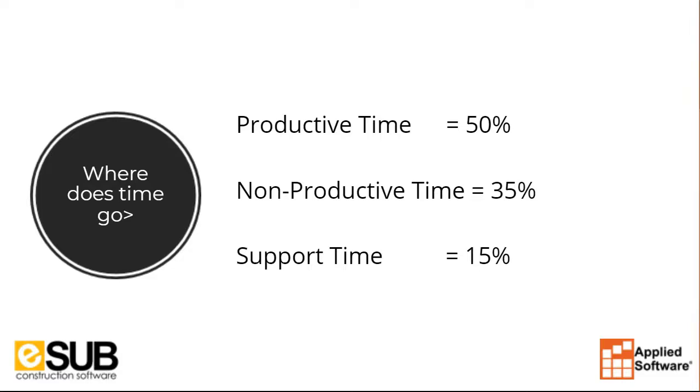Are you doing it through a paper form, through an Excel spreadsheet? There's a lot of very interesting software now that can track it through either photos, through BIM, 3D files, through simple time cards. There's lots of ways to do this. But the question I'm throwing out there, actually really the challenge that I'm throwing out, is do you know your productive versus non-productive time? How are you going to be able to do that and really move your